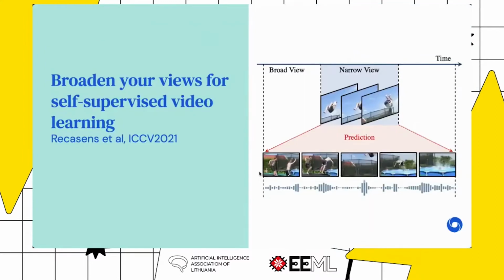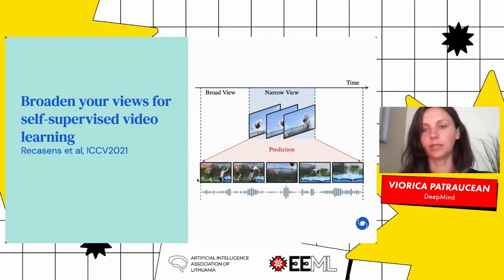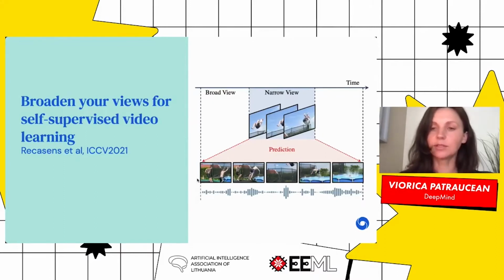And I will just give some details of a work that we've published recently with my colleagues in DeepMind that is called Brave. So here the main idea is to use two different views of a video and regress one representation from the other. And this is built on top of BYOL, so Bootstrap Your Own Latents, if you're familiar with that work. So BYOL is different from contrastive losses. In contrastive losses, you generally use positive examples and negative examples, and then you have a model that learns to distinguish between positives and negatives.